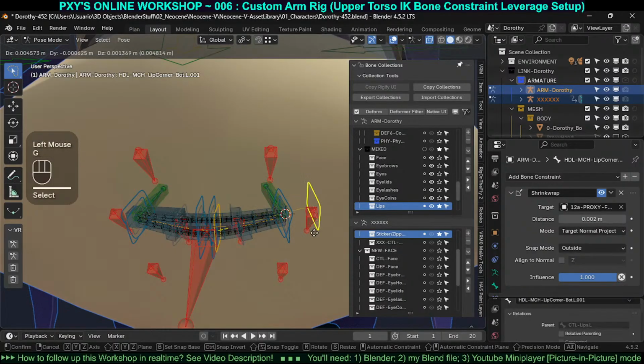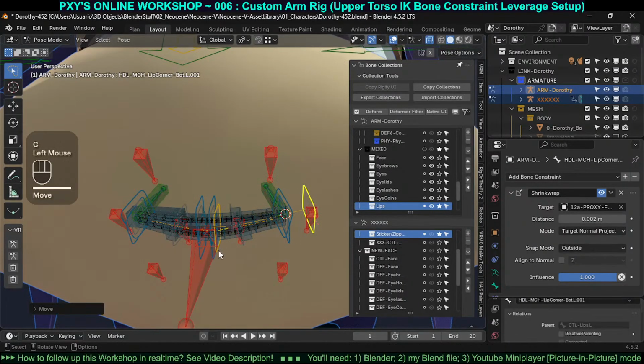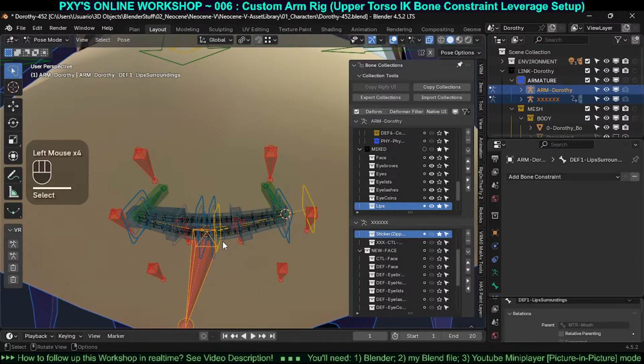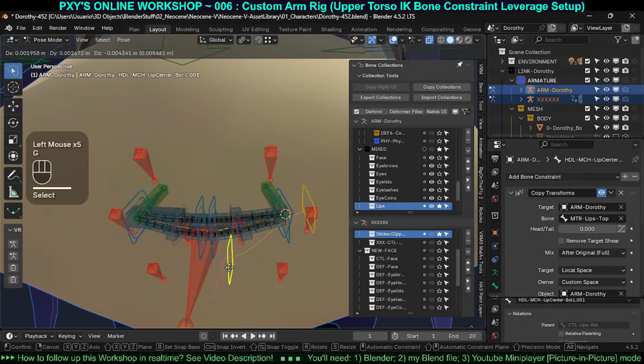So this one, yeah, they are automated by, we don't have the control mount here, but okay, this is sufficient